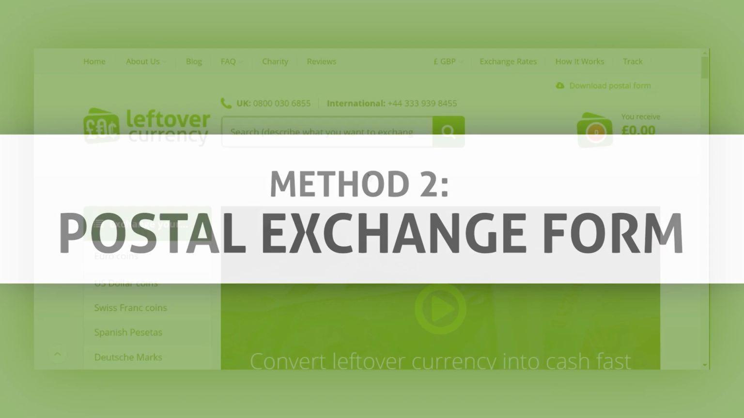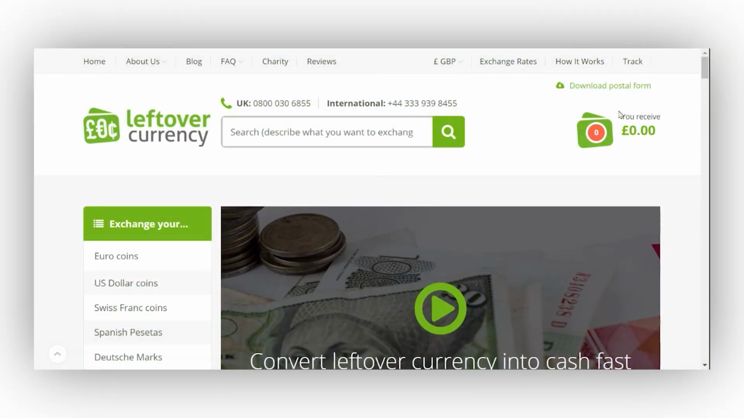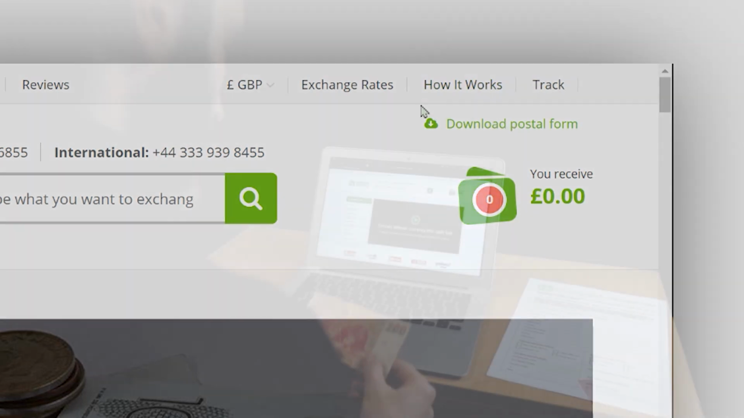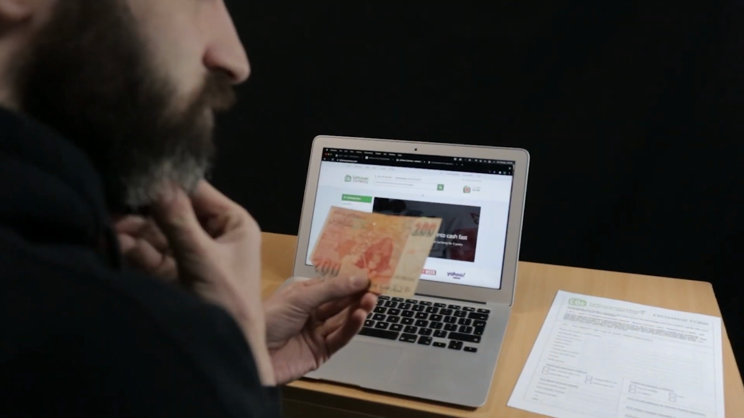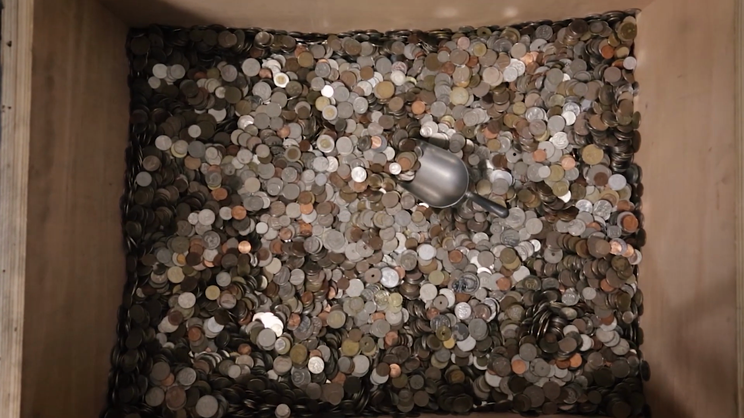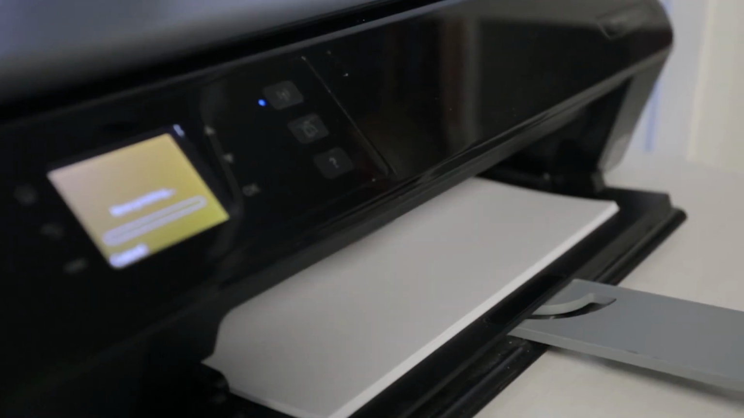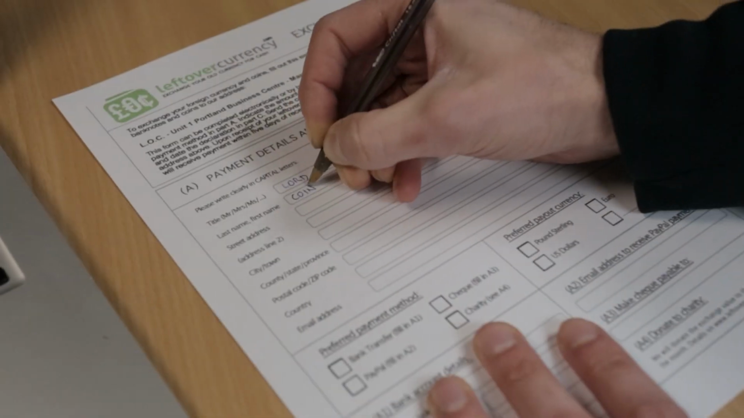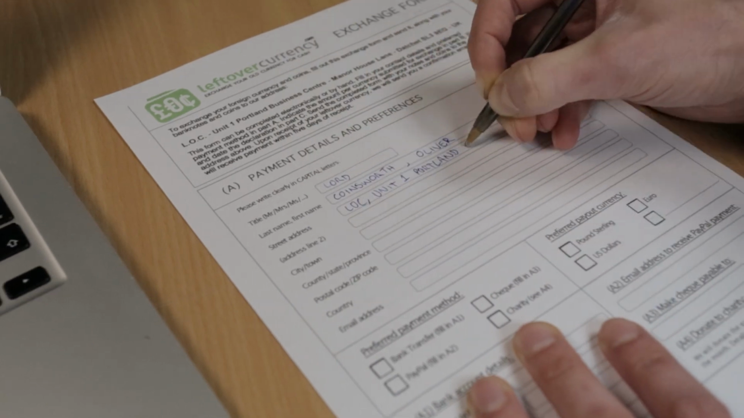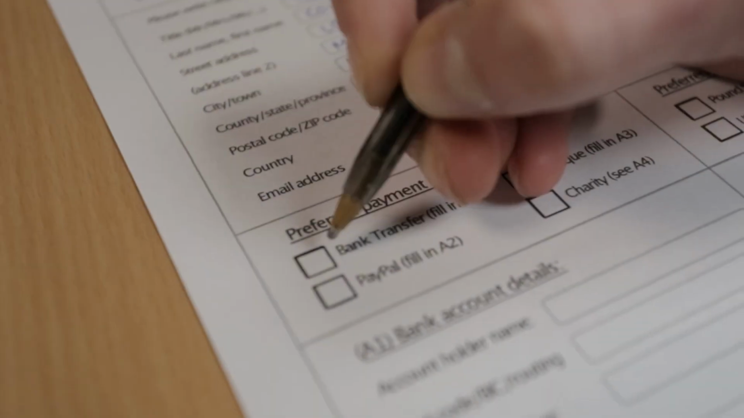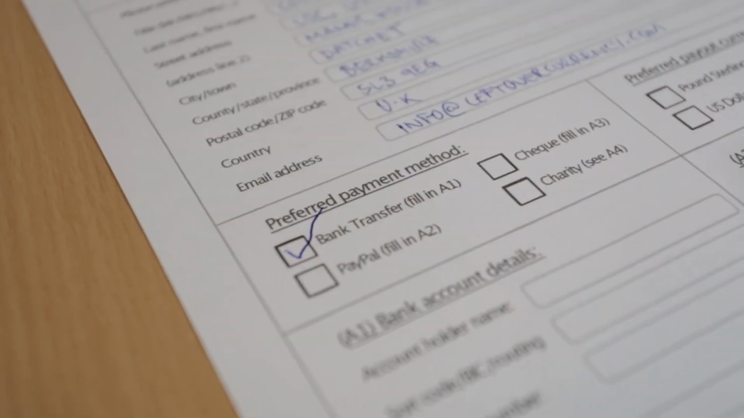An alternative exchange method is to use our Postal exchange form, which you will find a link to download in the top right-hand corner of the website. This way of exchanging is great if you don't know the currencies you have, or for those of you who have a large mix of currencies. All you have to do is download and print the exchange form from our website, fill in your details on the first page. Once again, make sure you've entered your email address correctly, choose your preferred payment method,